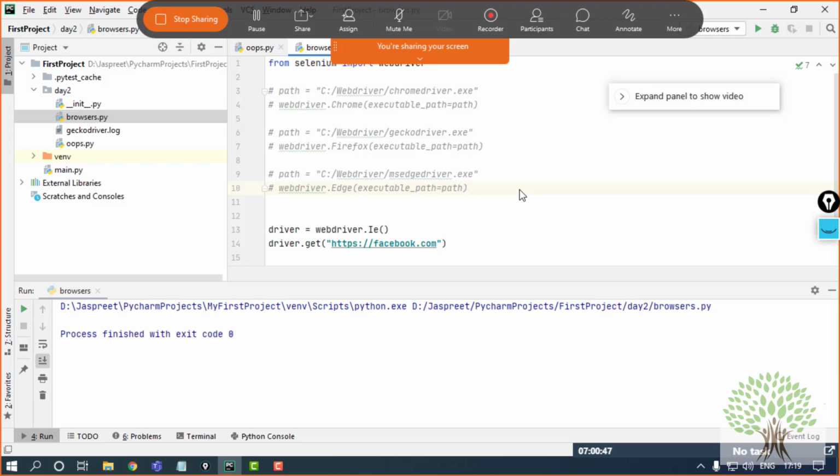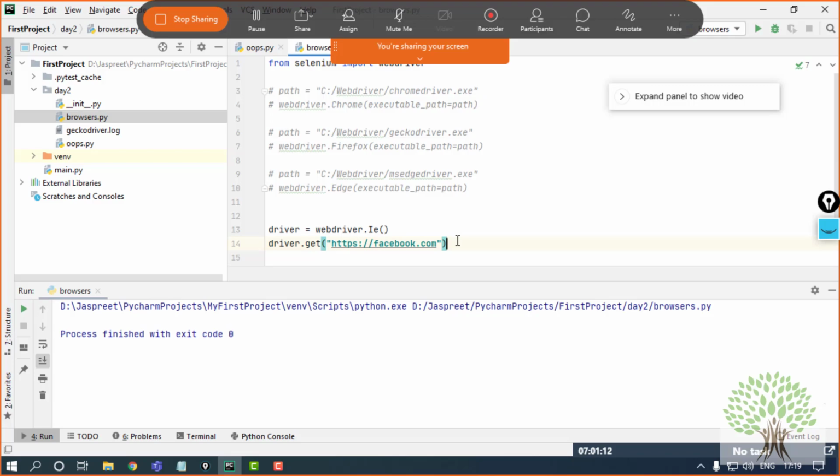There is one more thing that we have to cover today, that is, suppose there is a script that I have written for logging into my Facebook page, and I have to test that same script on all the browsers that are written over here. I have to check it on Chrome, Firefox, Edge, Internet Explorer, all four. Then how can I handle that?